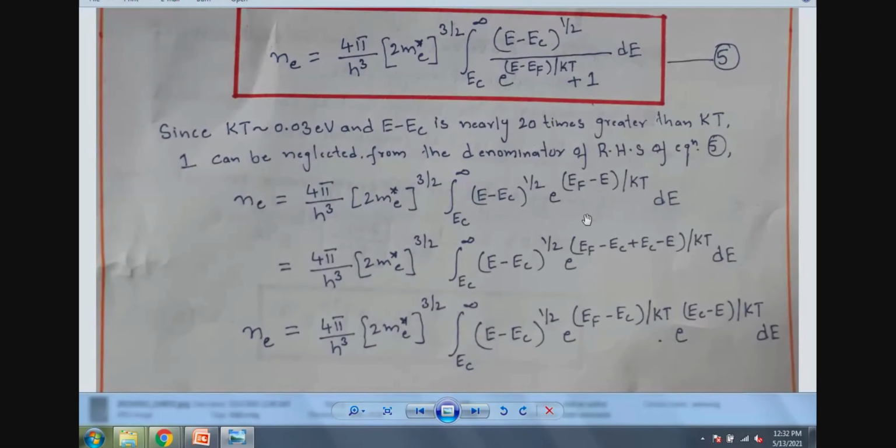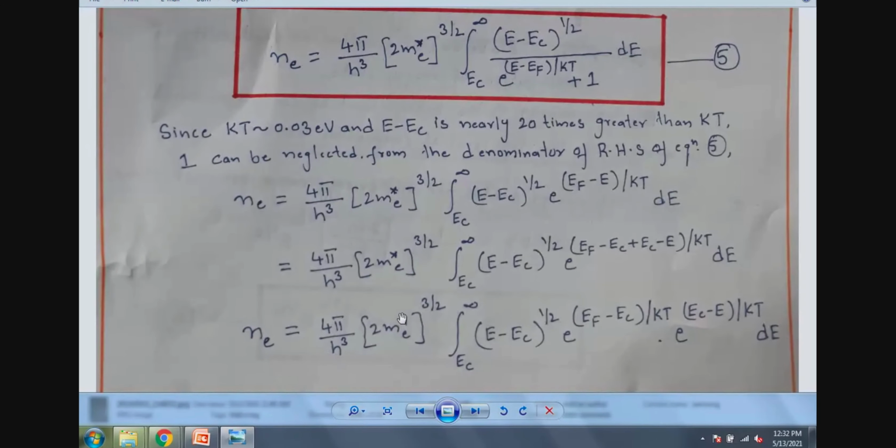That means adding and subtracting EC. Adding and subtracting EC. So what you get here, you take separate terms in this. You split this into two parts, right? So what you get here, 4 pi